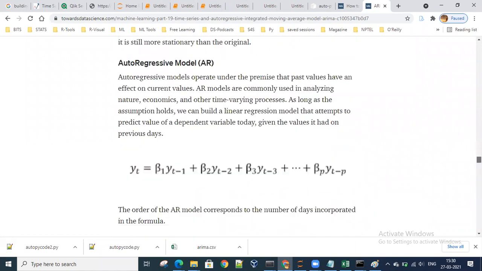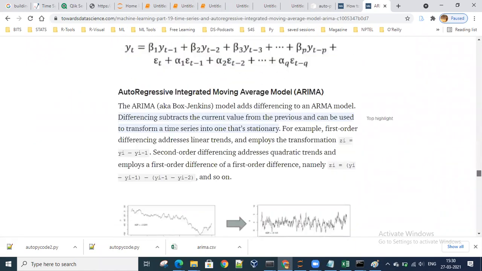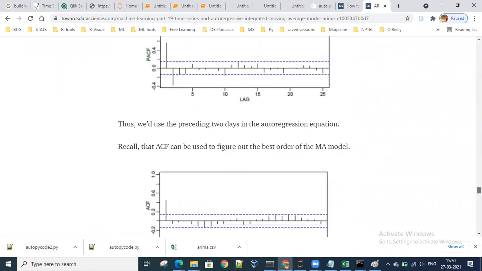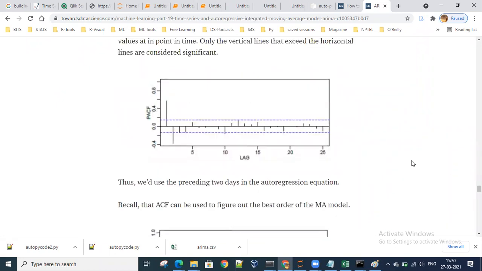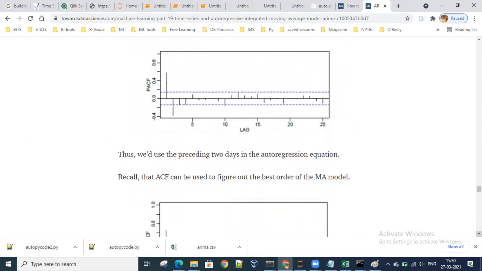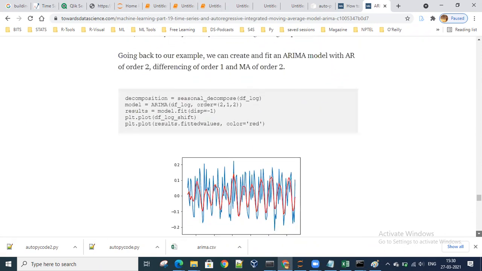Now when the model has been made, this is the ACF, PACF which we're talking about. So this basically shows that where the value is high, it will give you the value of P somewhere around 2 or 3 whenever this bar is high. So that's the ACF, PACF we have been talking about.